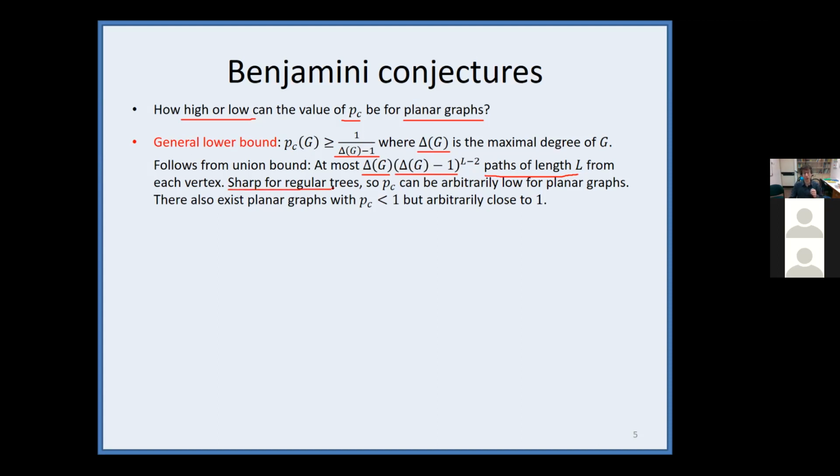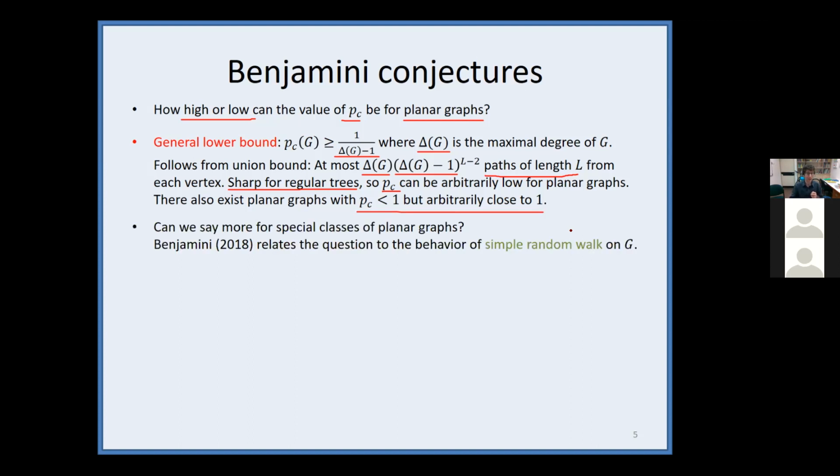This bound is in fact sharp on a regular tree, and you get immediately that P_C can be arbitrarily low for planar graphs. And there you can also get planar graphs with P_C arbitrarily close to 1, but still less than 1. So the question as written above is not very interesting. However, can we say more for special classes of planar graphs? And Benjamini